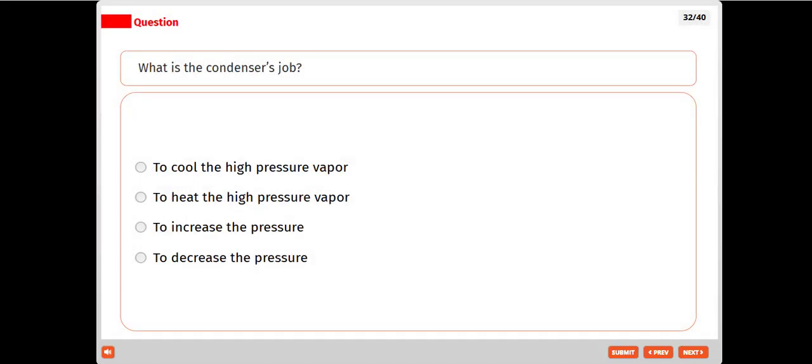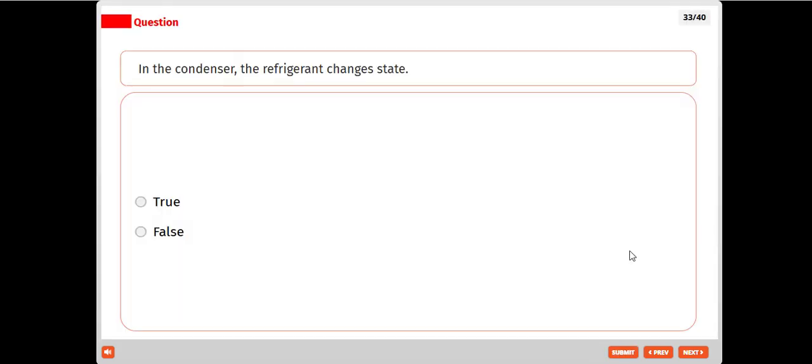What is the condenser's job? To cool the high pressure vapor. In the condenser, the refrigerant changes state